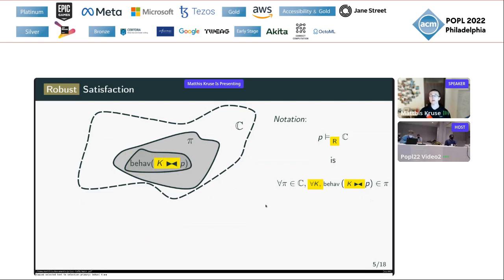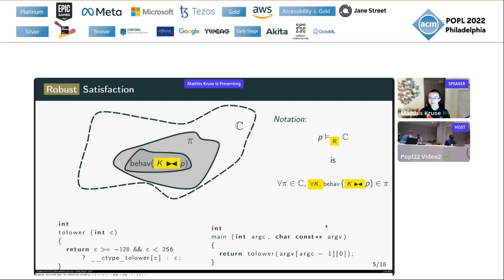That is, to make a concrete example with a single context, we might have a C program here on the right-hand side that calls a function named toLower. Now, a context here on the left-hand side is an implementation of that function toLower. Linking both programs together on the C level shall result in one combined big C program. Now, the role of the attacker lies in the implementation of toLower.